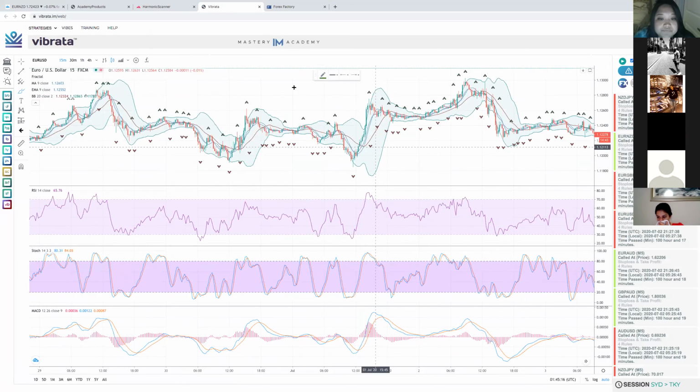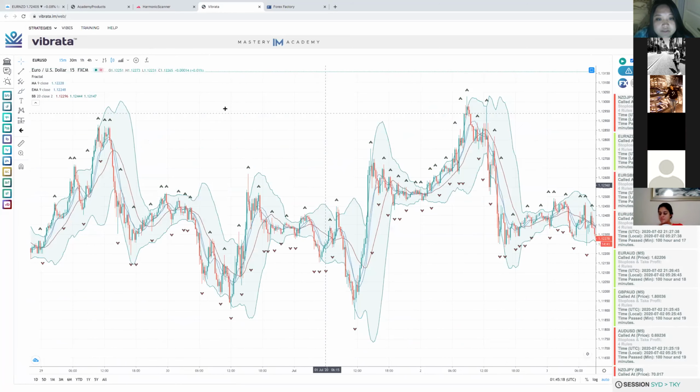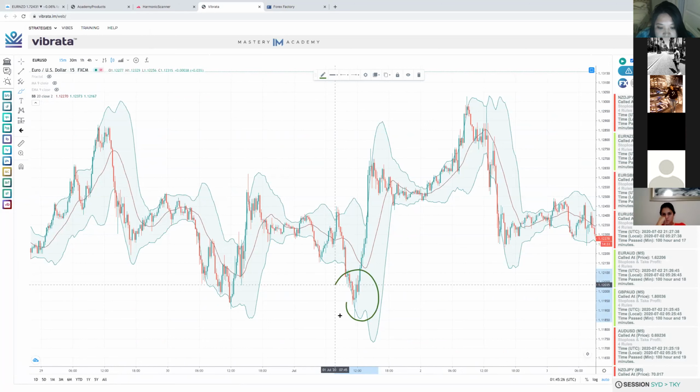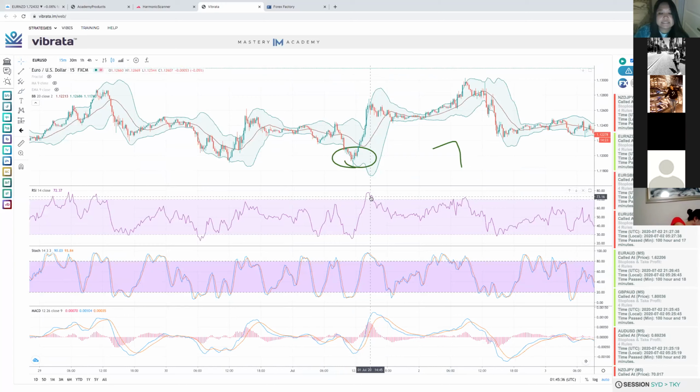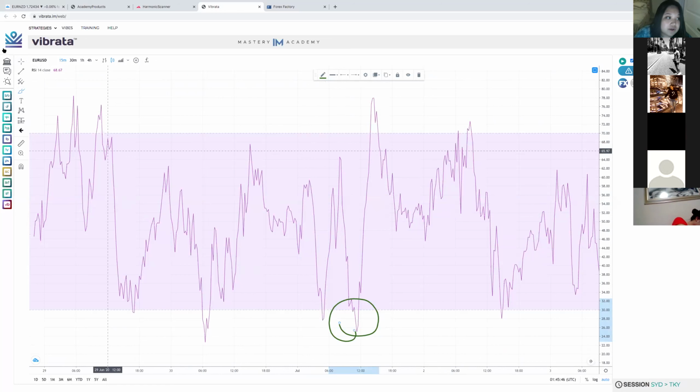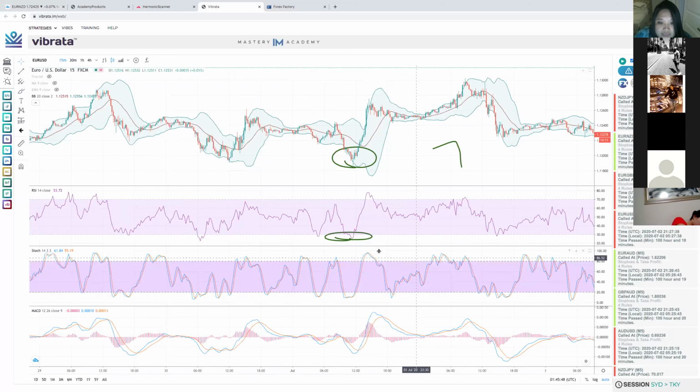So right here, right, we have the Bollinger Band. Oh, let me cancel all this. Okay, we have the Bollinger Band, right? And we have the price touching or poking outside of the Bollinger Band. That's the first rule, number one, right? That's indicating that it can shift the momentum to the upside, right? The RSI, same thing. We see here poking out of the zone that we have marked on your indicator,